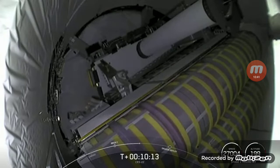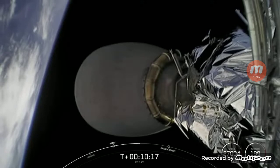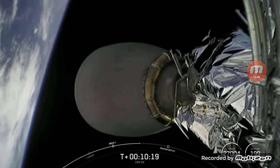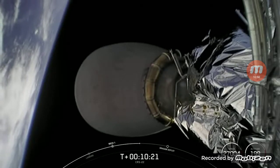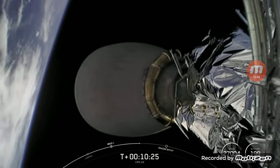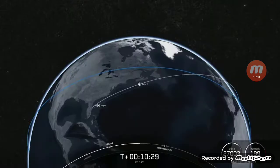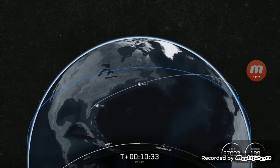Coming up after that separation event, which hopefully we'll get a view like this of Dragon gently floating away, the Dragon spacecraft will begin to perform some of its own checkouts. Dragon is equipped with 12 service section Draco thrusters that are used primarily for attitude control and proximity next to the space station. It's also got 4